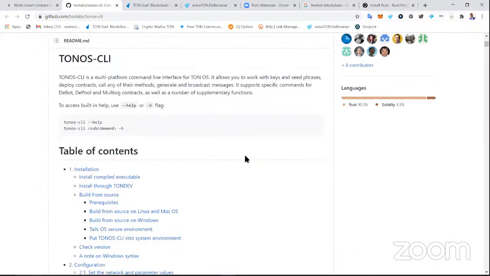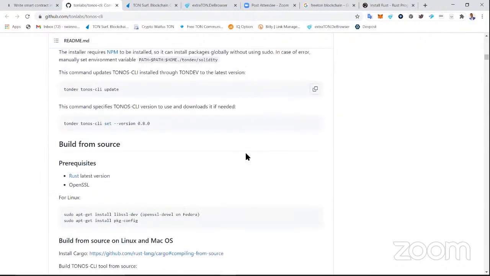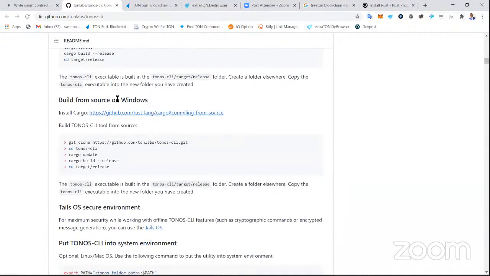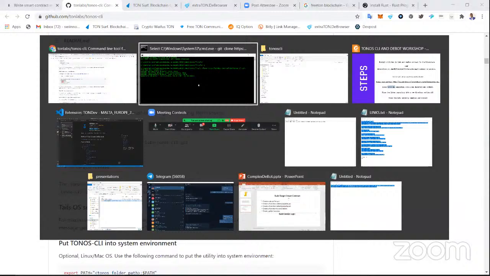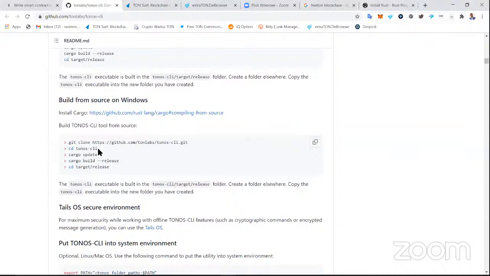All the installation procedure is explained in detail in the README. We'll scroll down to the section where it describes the process for installing on Windows. So here it is, build from sources on Windows. The first step was to clone the repo, which we've done. The next step is to navigate to the folder. Let the cloning finish up. Great, it's downloading all the different files. So after we navigate to